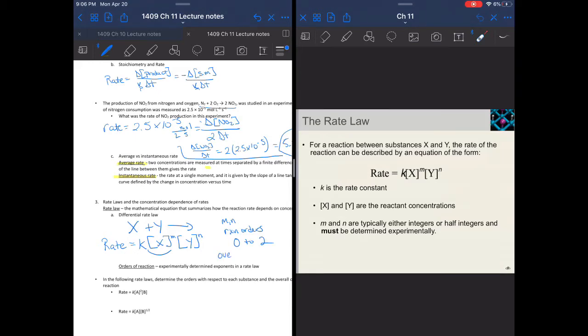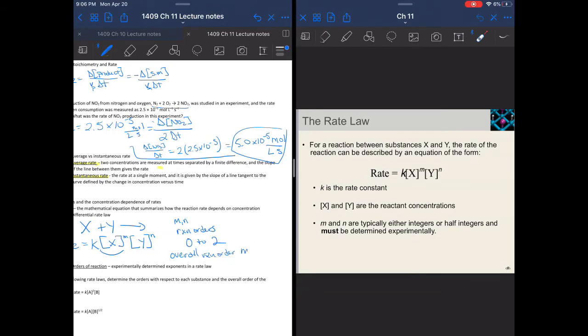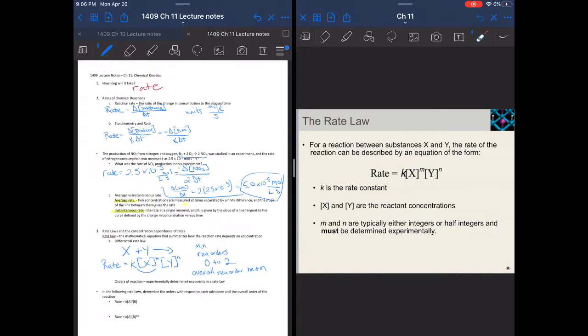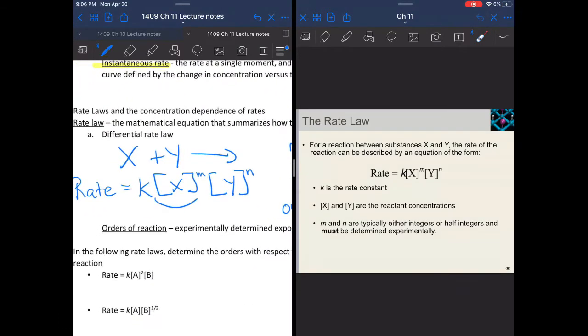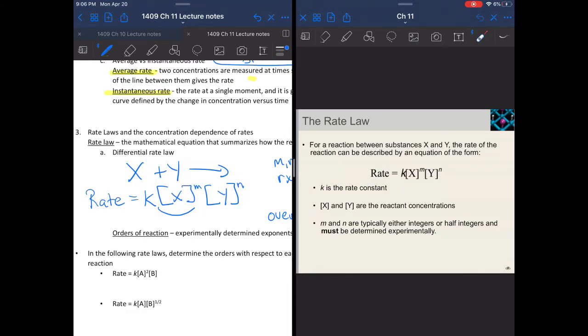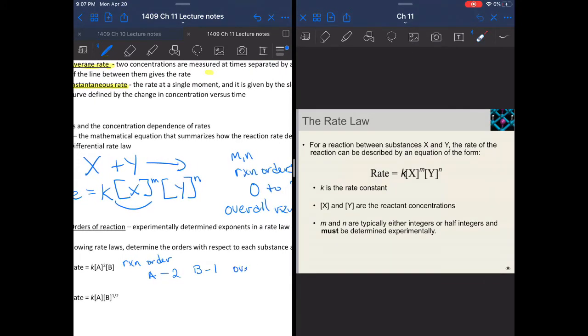And the overall reaction order would be M plus N. So you add up the individual reaction orders for each component, and you get an overall reaction order for the whole reaction. So for instance, if we have these two rate laws here for generic reactions between A and B, the reaction order for A is 2, for B is 1, and then overall